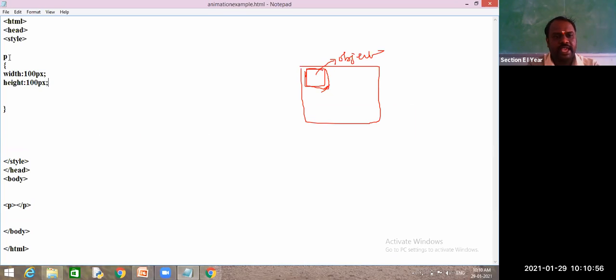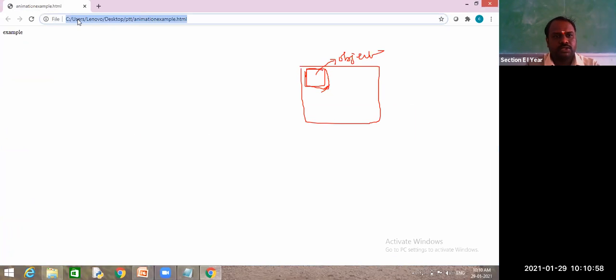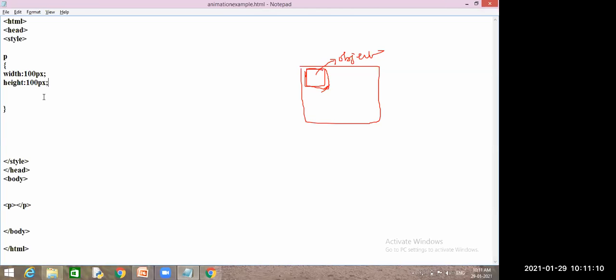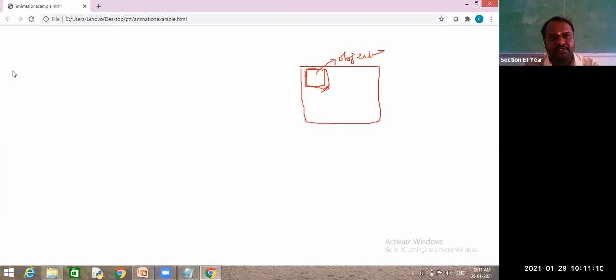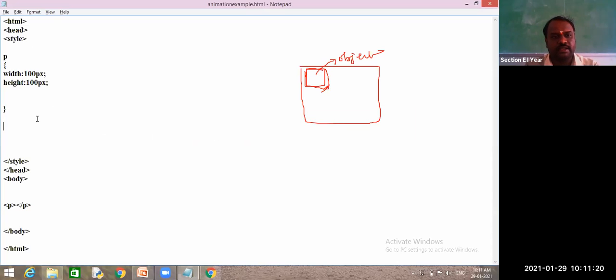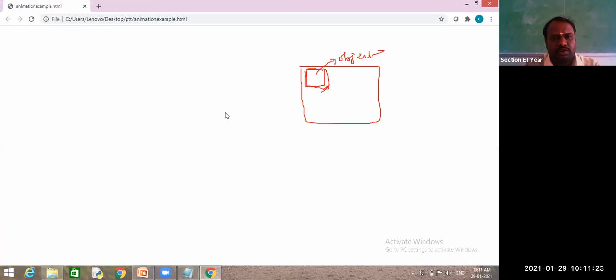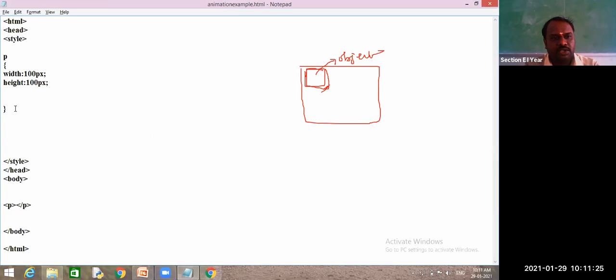Okay. So when I execute this one, what happens? Has any object been displayed here, even though I give width and height? Can you find any object on my browser? No. Why? Because it has been created, but you can't identify it at this place because of color coding. Default color of your browser is white and your element color is also white. So that is the reason why you can't differentiate the two.